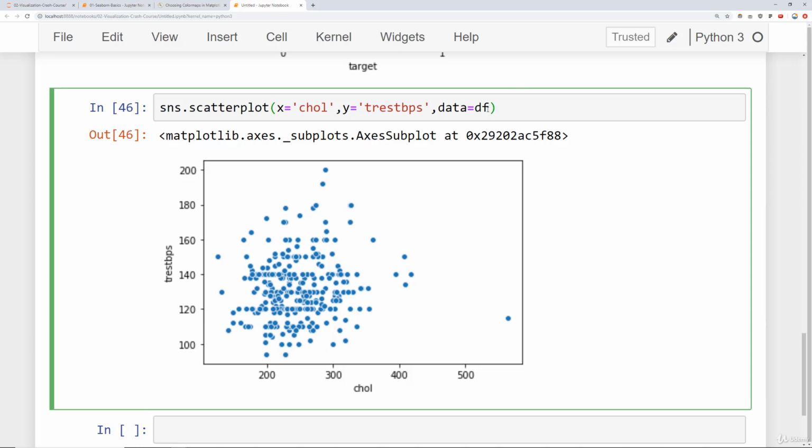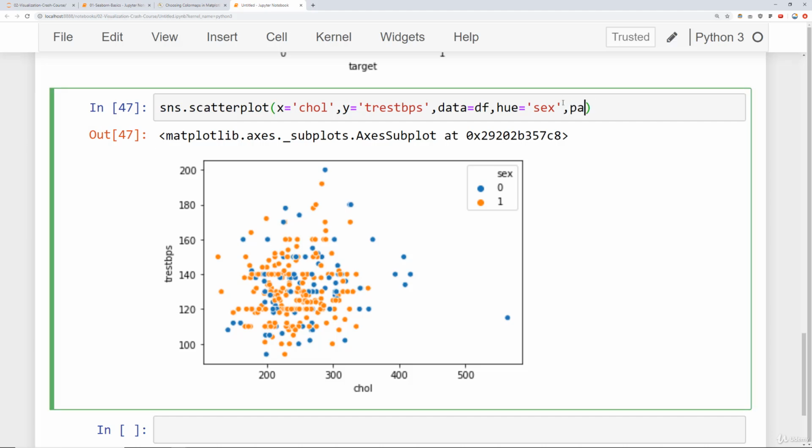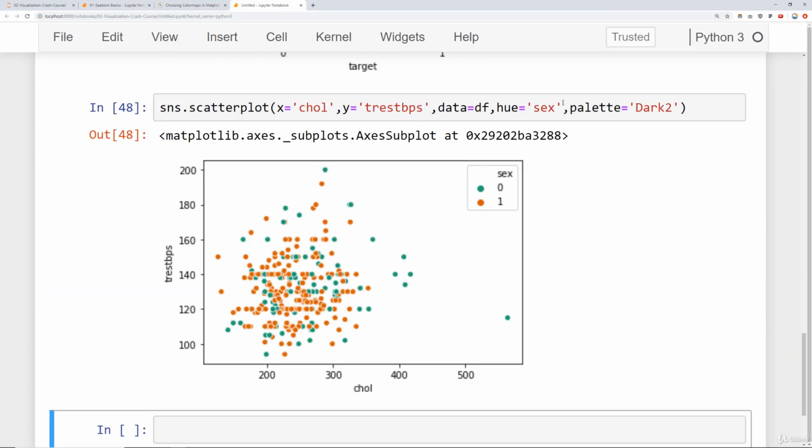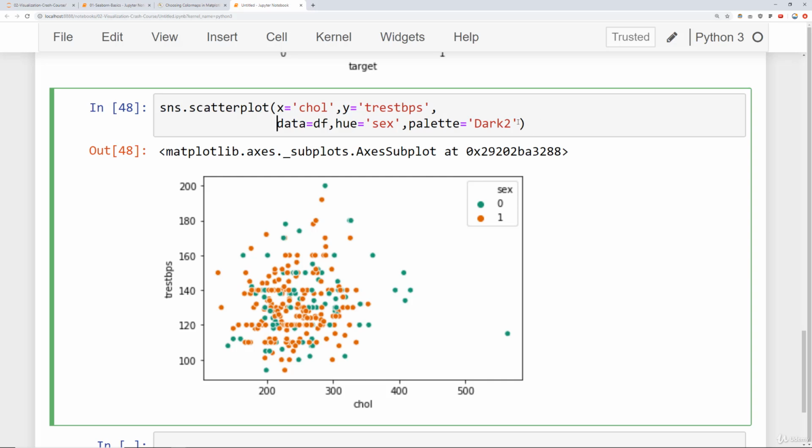So essentially for each data point, we just grab these 2 values and put a point on the map. So what I can also do is start adding in hues to color points differently based off a category. Again, maybe I can choose sex for this. And then what I can also do is start playing around with the palette. So maybe I want these to be colored differently. I can say palette is equal to dark 2, for instance, and then I can see these results. So if you're colorblind, you may want to play around with the palette until you can distinguish the points correctly. And you should also be keeping people that are colorblind in mind when you're performing visualizations that are dependent on